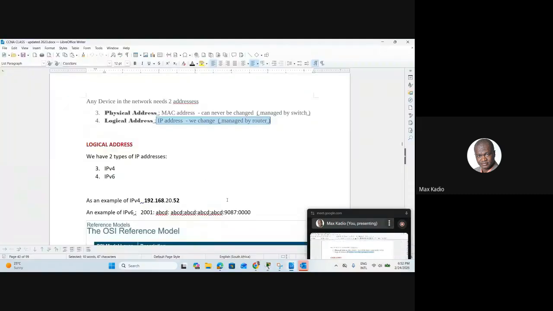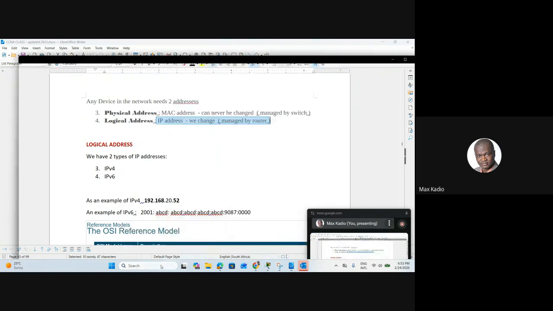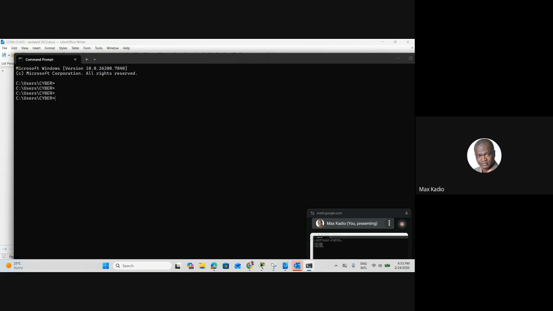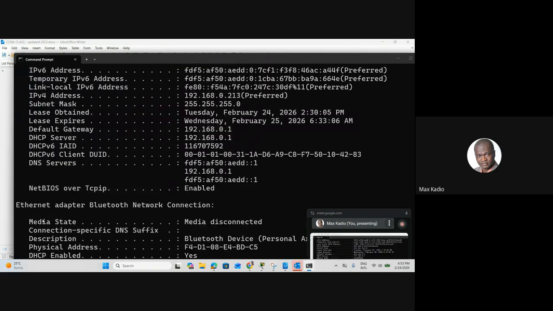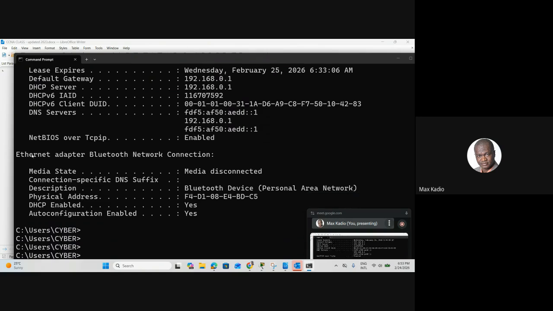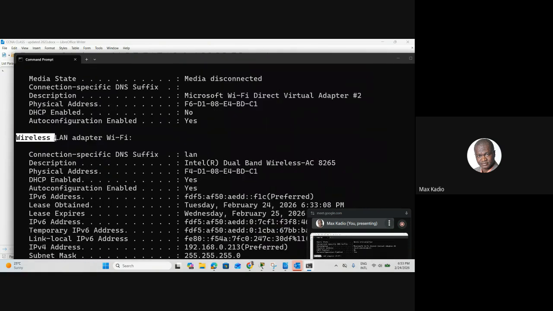And for example, if I come here and I type CMD and I press enter and I type ipconfig /all, I have a lot of adapters. So I'm at home and I'm using my Wi-Fi. So you need to check. You see, wireless Wi-Fi. Here, this is my physical address or my MAC address. And here, this is my